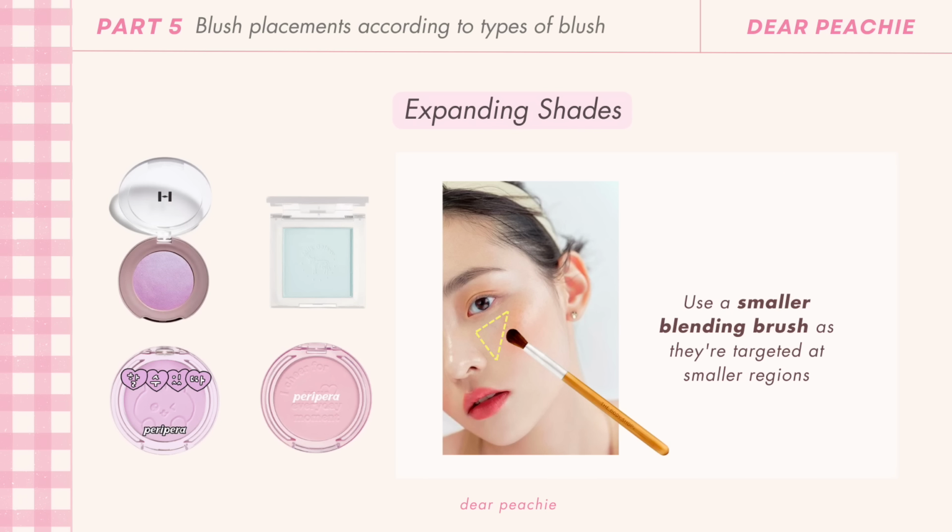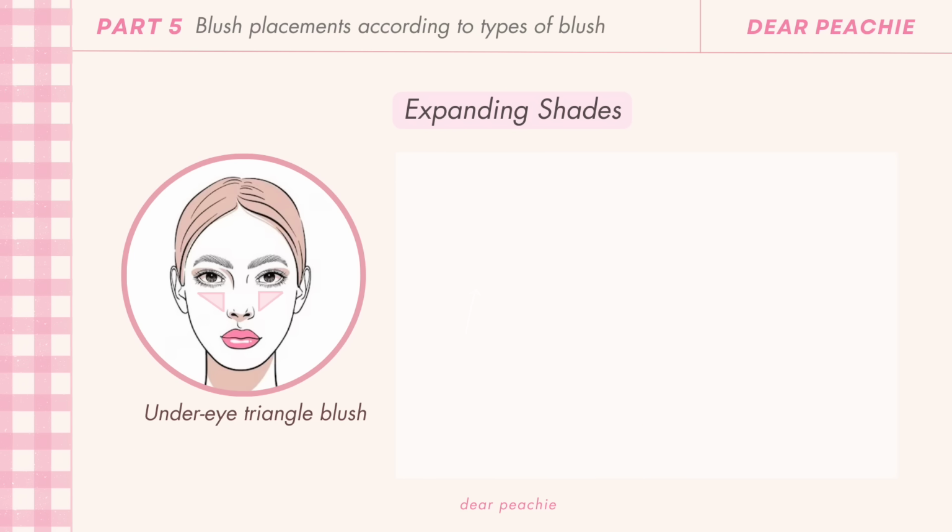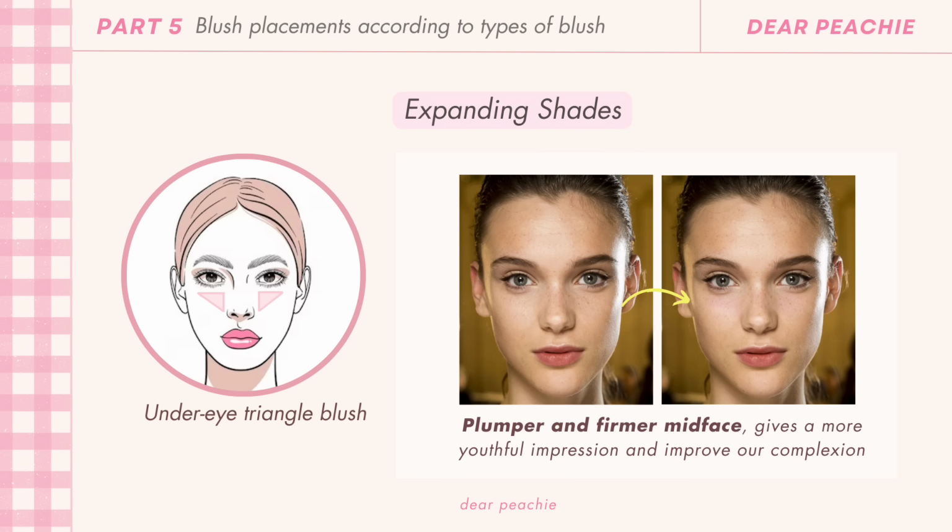Let's talk about expanding shade blushes. When applying these blushes, it's best to use a smaller blending shade as they're targeted at smaller regions. One technique for expanding shade blushes is the under-eye triangle technique. It's great for creating the illusion of a plumper and firmer mid-face, giving a more youthful impression and improving our